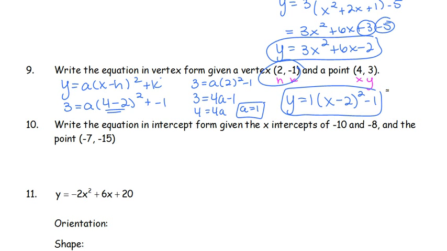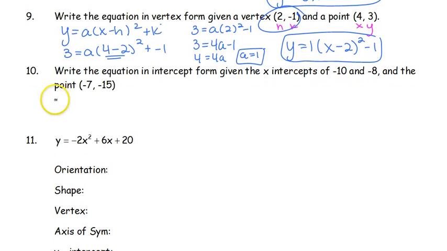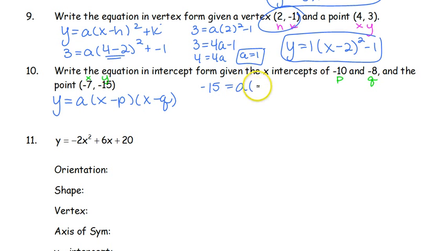Number 10, write the equation in intercept form given the x-intercepts of a negative 10 and a negative 8. So intercept form is y equals a times x minus p and x minus q, where p and q are those intercepts. So you've got a point, your x and your y. You've got intercepts, which are p and q. So again, we plug all of our knowns in. Our y is a negative 15 from our point. We're trying to find that a. The x is a negative 7 from the point,